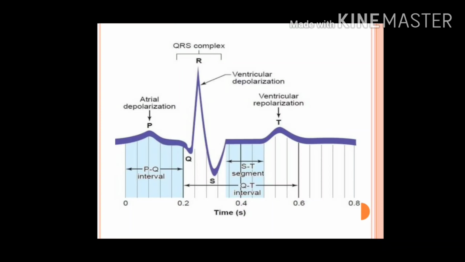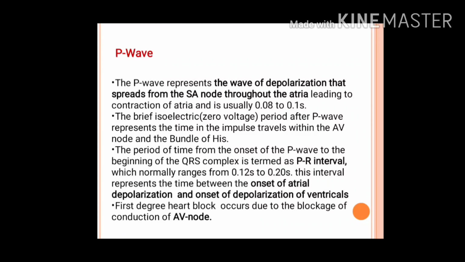So we have all seen this kind of graph in an ECG, where you can see a wave which is called the P wave, then we have a QRS complex, then another wave that is called the T wave. So P wave, QRS complex and T wave. Apart from these three, we have PQ interval, QT interval and ST interval. So these six things are very important to know and their function associated with them. So let's start with the first wave, that is the P wave.